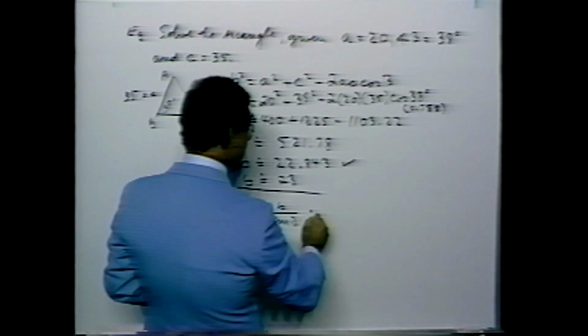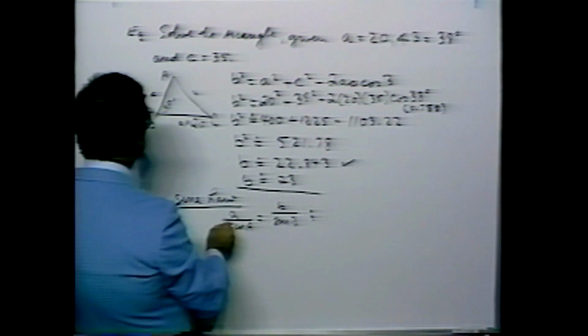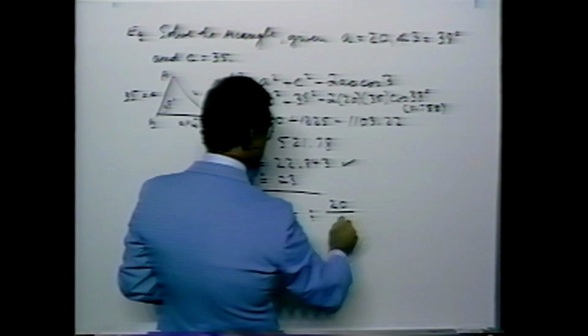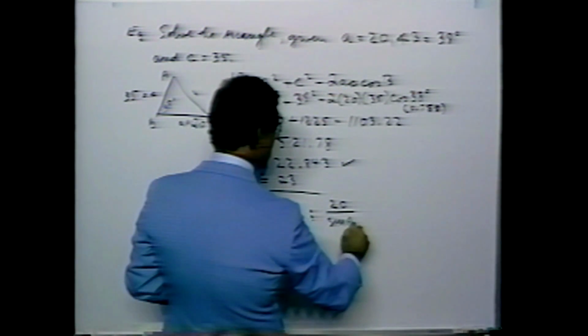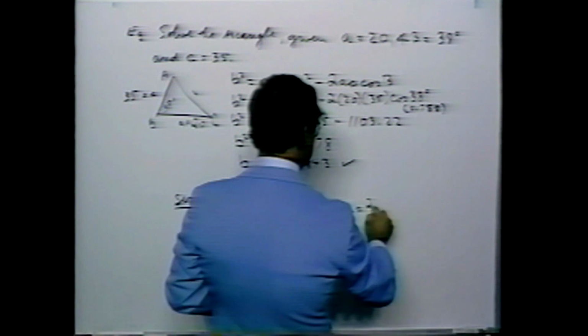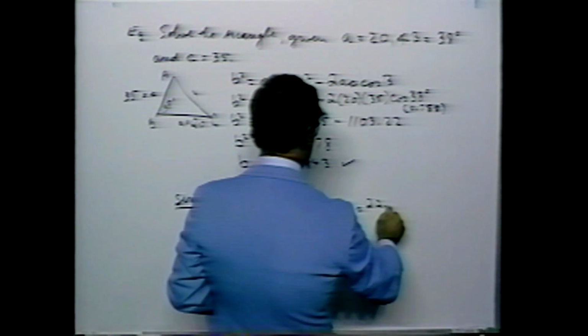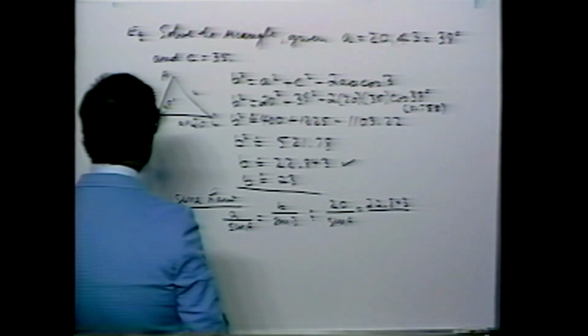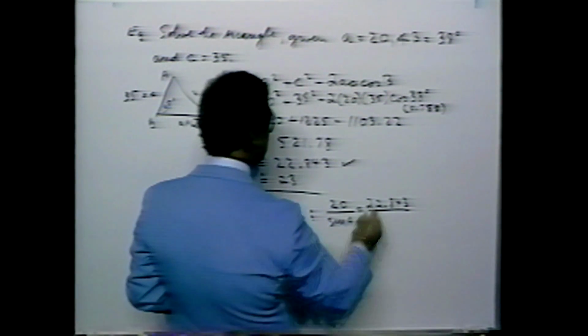From this information, we substitute the value of a, which is 20. Sine A, the angle is not known. b is equal to 22.843, which I have just solved. And the sine of B is the sine of 38 degrees,